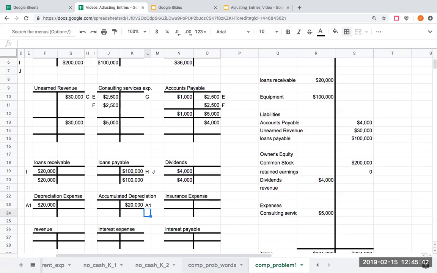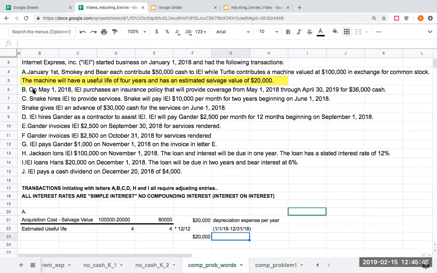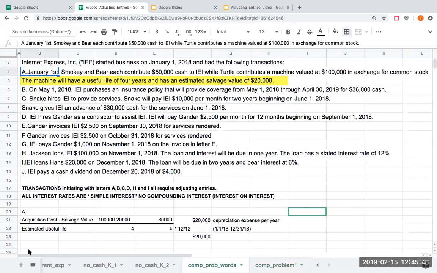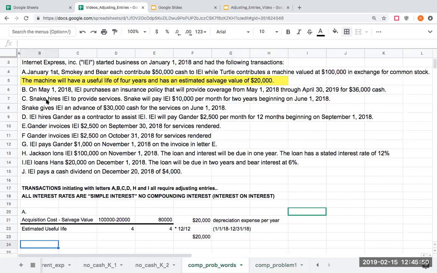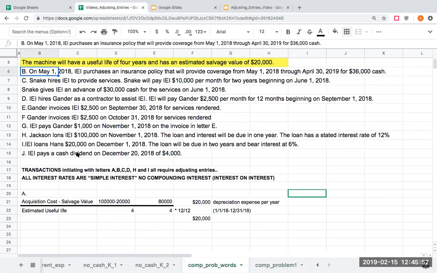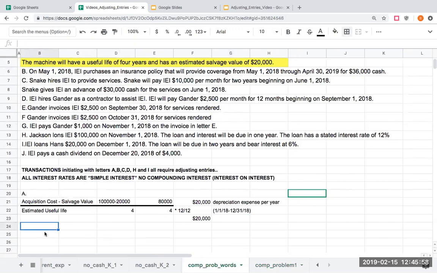So again, want to encourage you to look at the prior video. So that was letter A. So we're done with letter A. Letter B, I purchased an insurance policy on May 1st that will provide me coverage for 1 year for $36,000